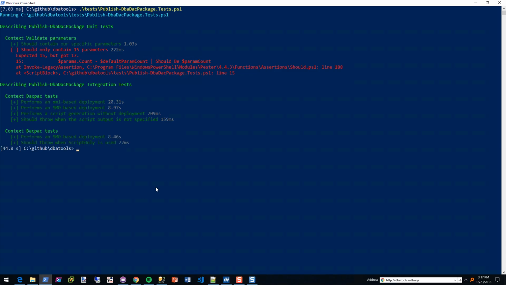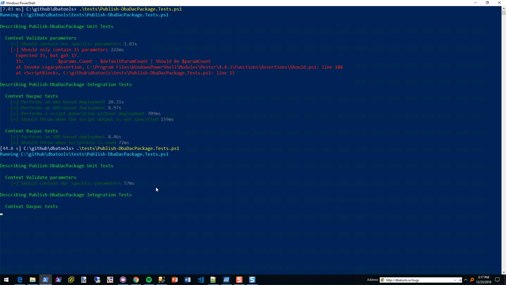Everything else, awesome, looks good. So that confirm works. We don't get any errors there. And let me try this again. All right, and now I fixed the parameters. So this shows how to both add what if and confirm to a pretty specific degree, and also fix the test for it as well.